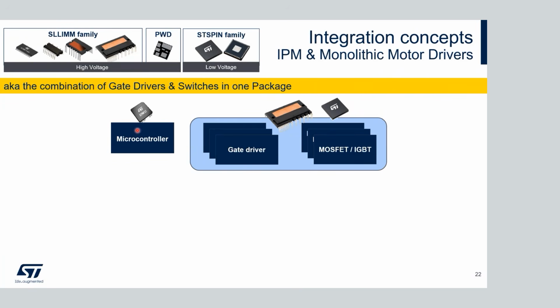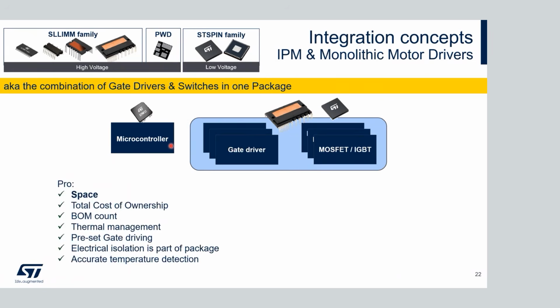And you still have the discrete microcontroller. What is the pro here? Space. Because here you save the most space, because what needs the space is the separate component placement and the gate driving. So that is solved here in a very compact package. That means at the end, the total cost of ownership can be least, because you have to attach only one heatsink with